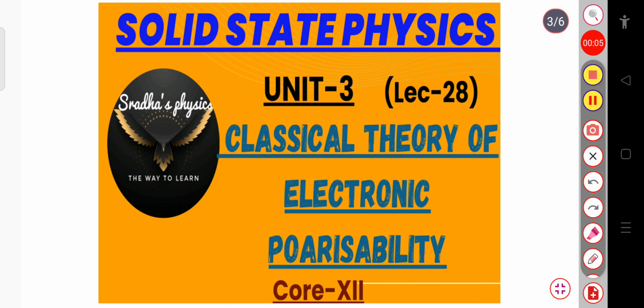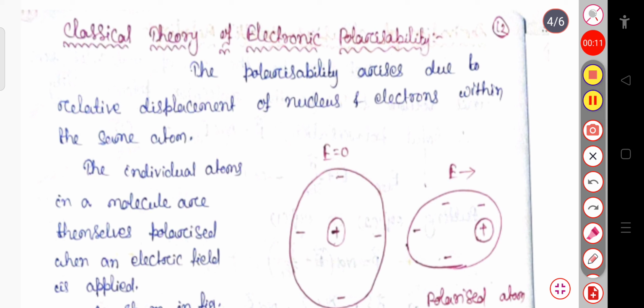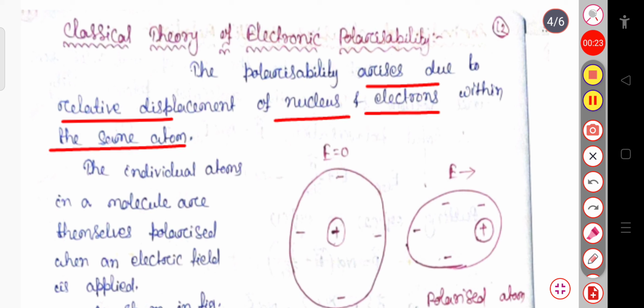In this lecture, we will discuss the classical theory of electronic polarizability. Let us begin with our topic, classical theory of electronic polarizability. The polarizability that arises due to the relative displacement of the nucleus and the electrons within the same atom is called